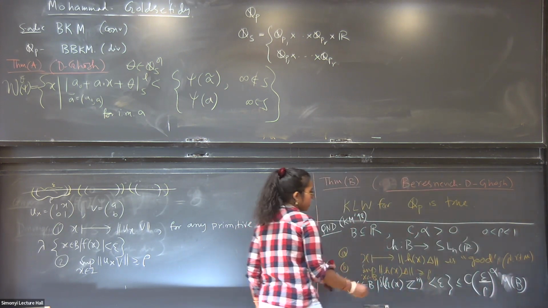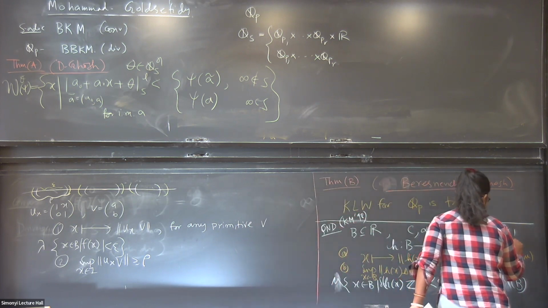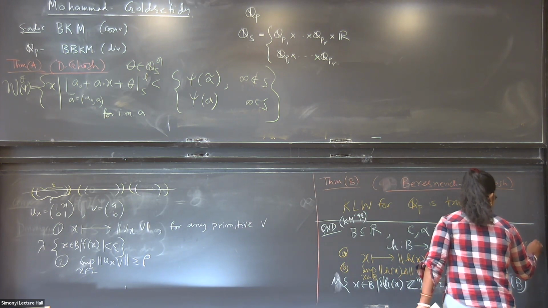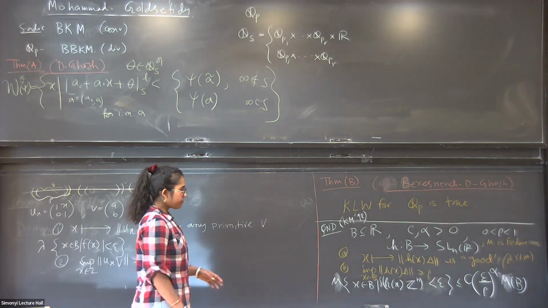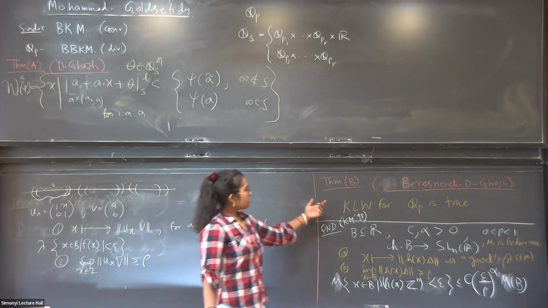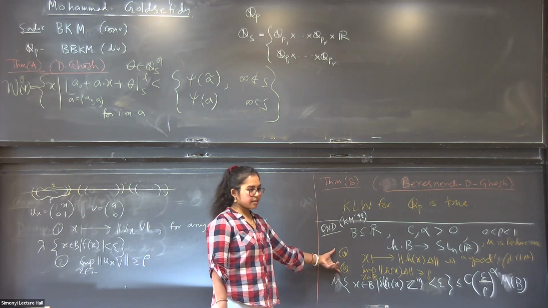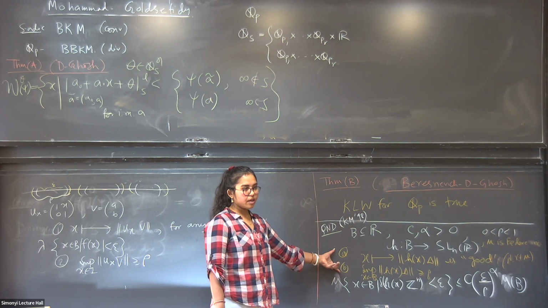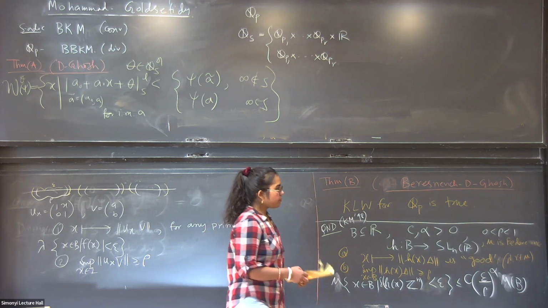And mu should be just a Federer measure, mu should be just a doubling measure. Okay, now in order to prove this kind of theorem, you need to show basically that these two hold. And so you need to show that if you